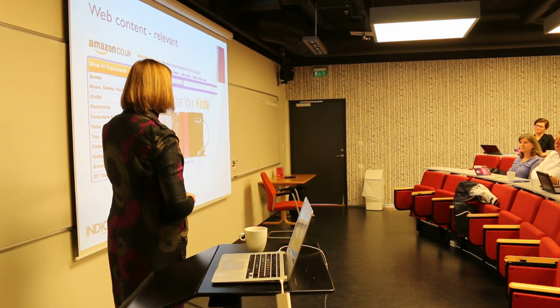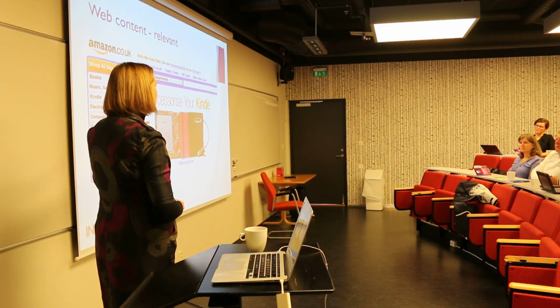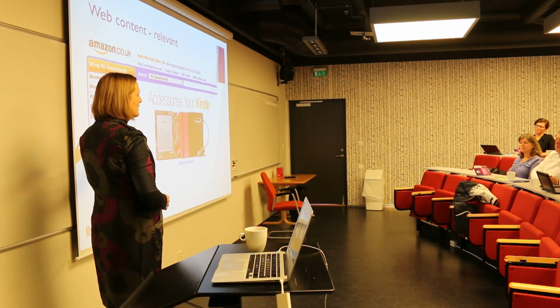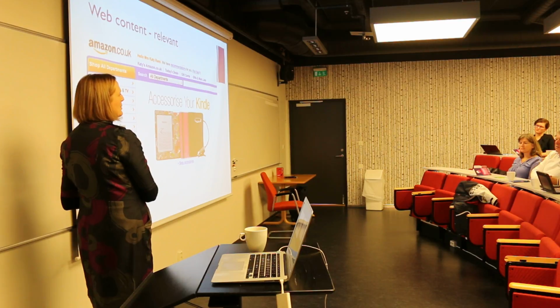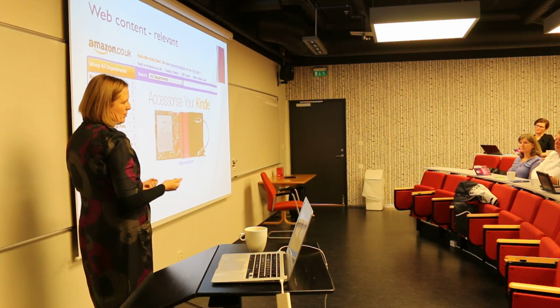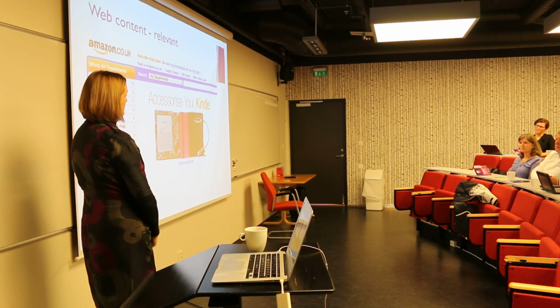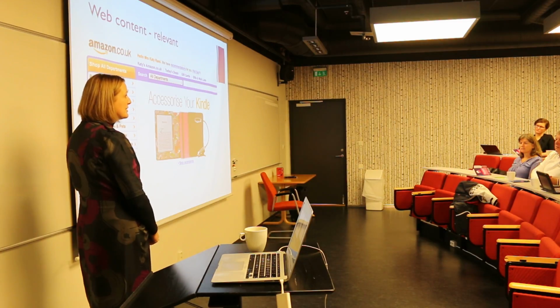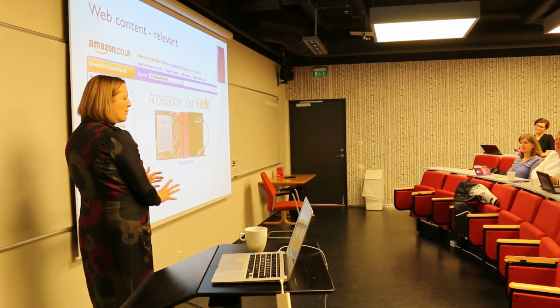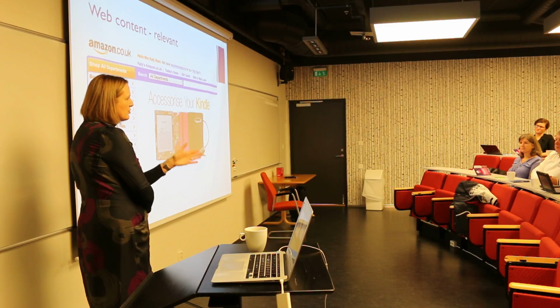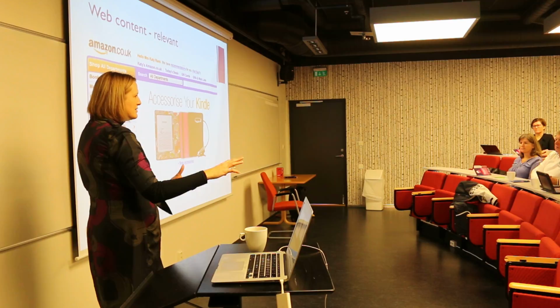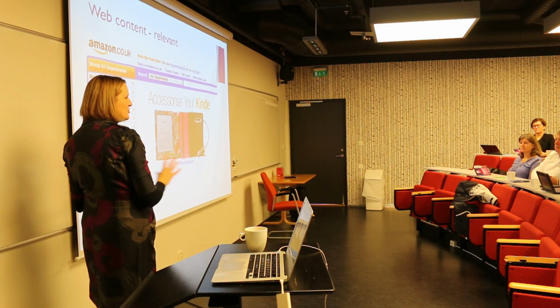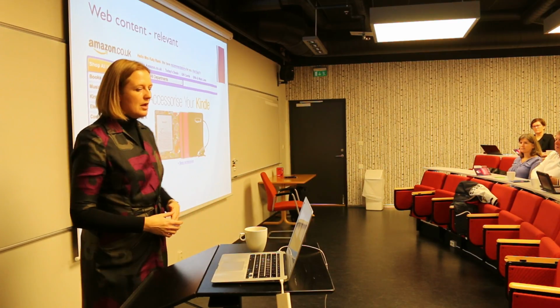What was even cleverer about the way that they did this was they started recommending books for my Kindle based on the sorts of books I had previously been buying in paper copy. So instead of going, oh, she's got a Kindle now, we're not going to get any more books out of her, they went, what do we know about her? We know she liked these sorts of printed books. Now she's got a Kindle, we can recommend books based on that purchase history to get her to